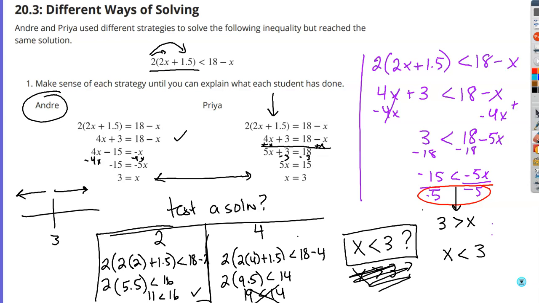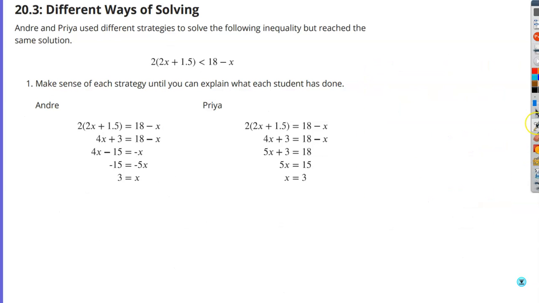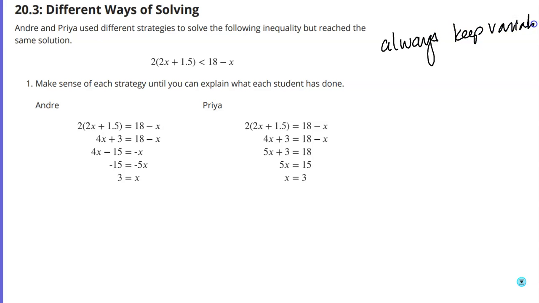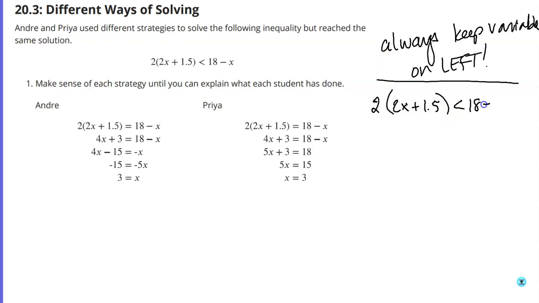So I'm going to show it to you in the way that I suggest you do it. So let me clear this off. I would do it like Priya. Always, always, always keep your variable on the left. Okay, always. Trust me, it will make life so much easier. So I'm going to solve this one more time, leaving the inequality. So I'll distribute first,